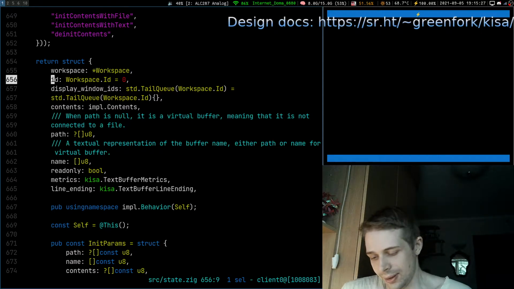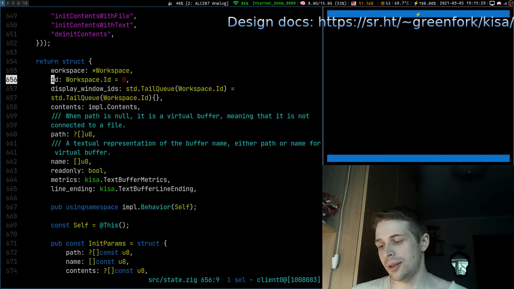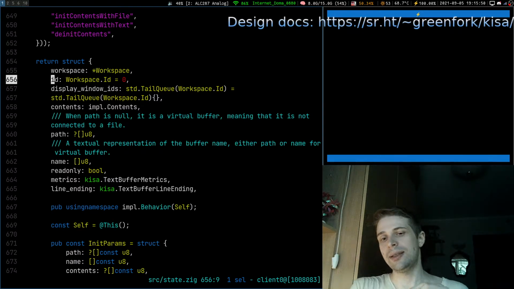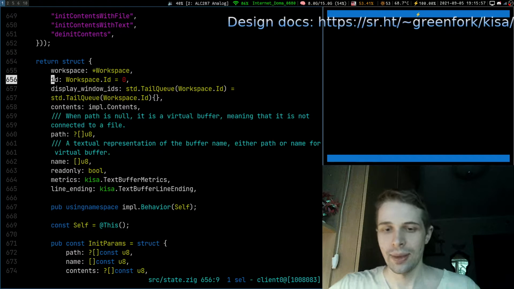Well, actually, no, it is not in the state of the buffer, as I understand. It probably should be in the display window, because we can have one buffer, but we can have several display windows looking at this buffer at the same time, and they all should have different cursors. Let's implement this little trick right now, so we don't have to deal with it later.